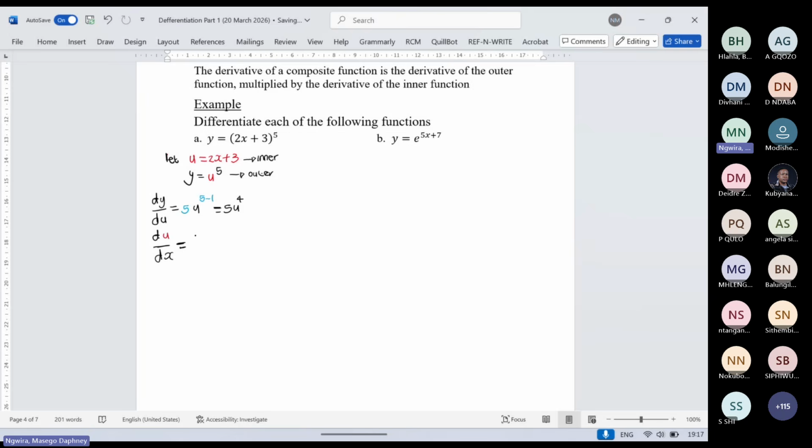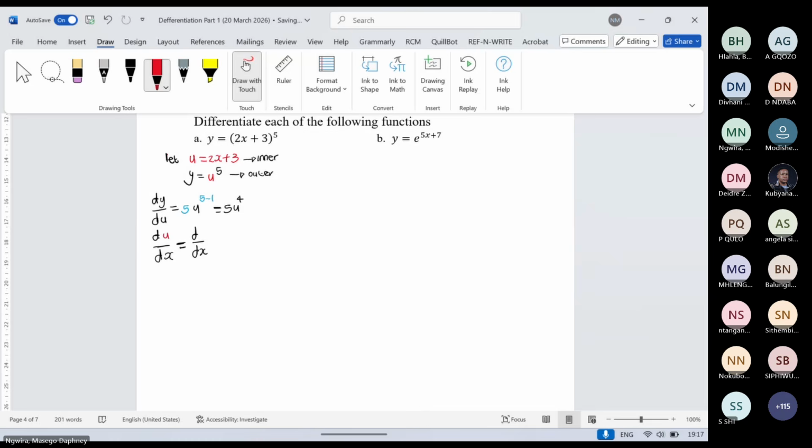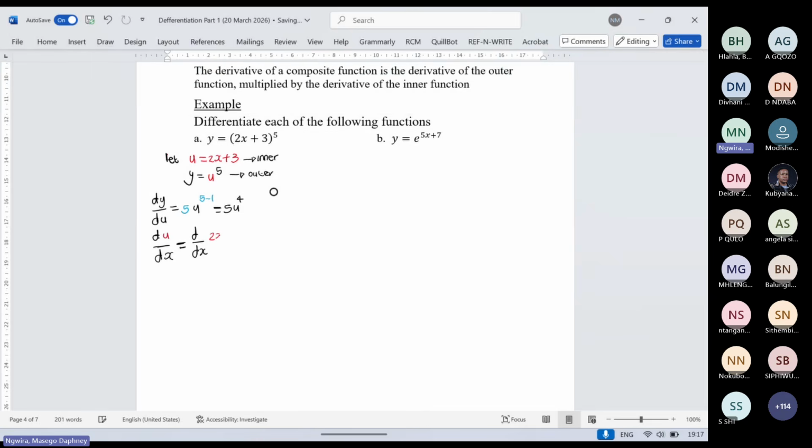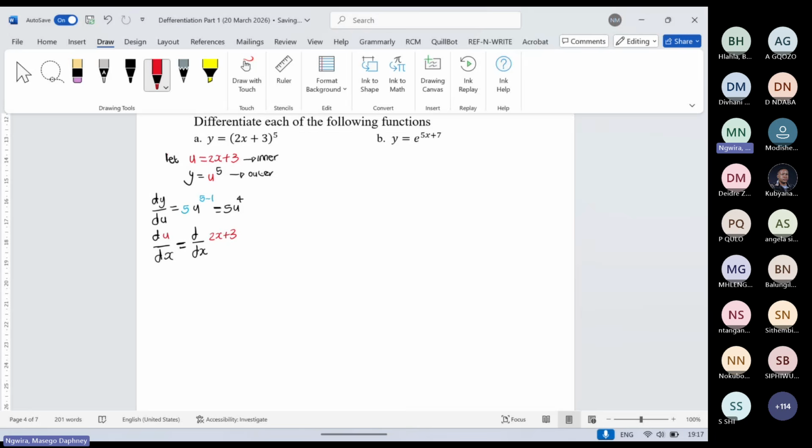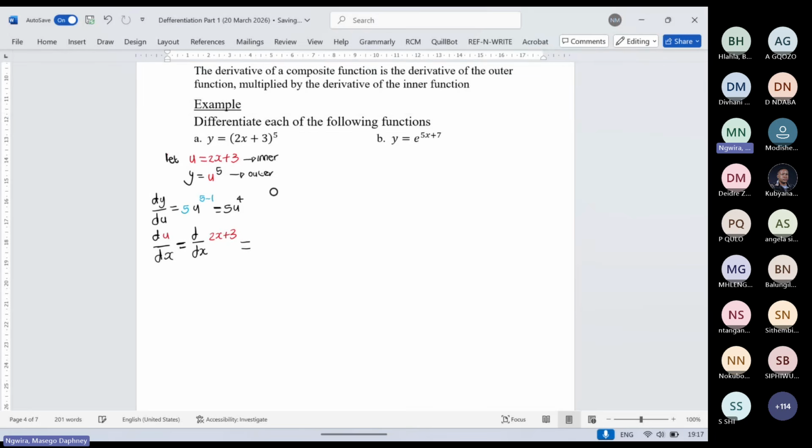So, okay, let me write it like this so that it makes sense. I'm just going to write it like this so that you can see it. So this is 2x. Now let's differentiate. I'm just rewriting the whole thing. When we differentiate this one, the power here is 1. So this will be 2